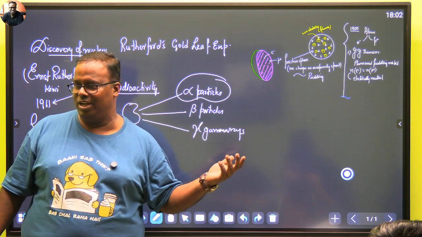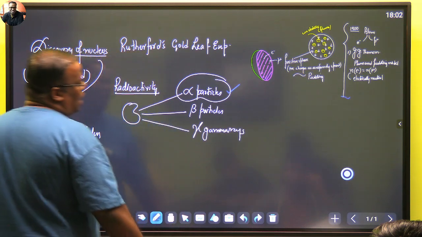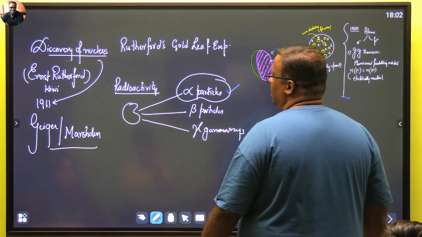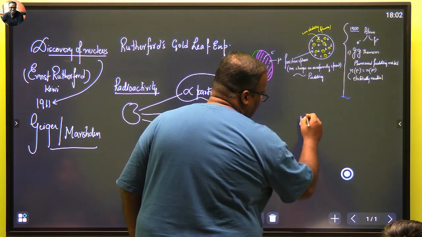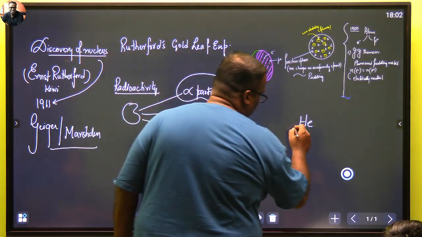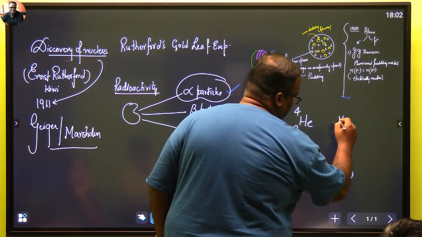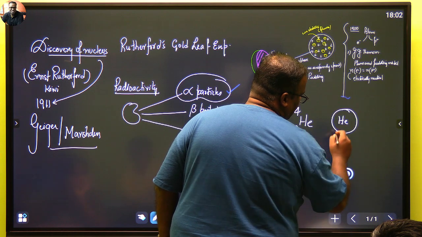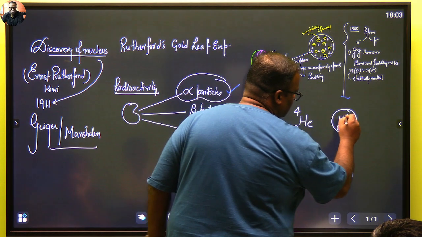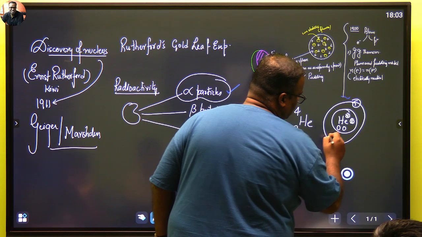The element itself will change when you study in higher classes. So we need to understand what an alpha particle is, then we will be able to understand the experiment properly. Let's look at an inert gas called helium. What is the atomic number of helium? 2. What is the mass number of helium? 4. So let us look at helium as a structure. This is the helium nucleus. In the helium nucleus, I have 2 protons and 2 neutrons. Do you agree? And it's a single shell where I have 2 electrons.